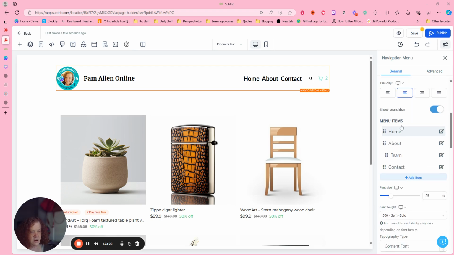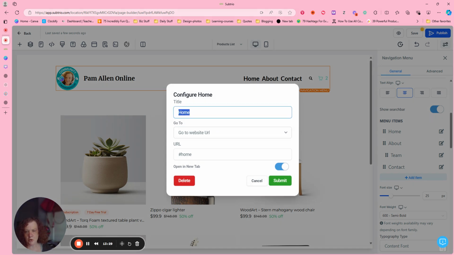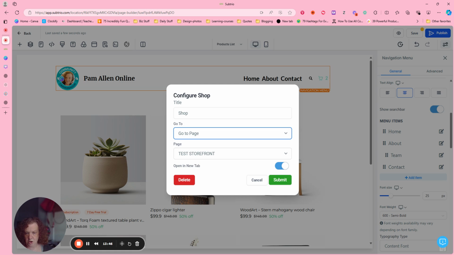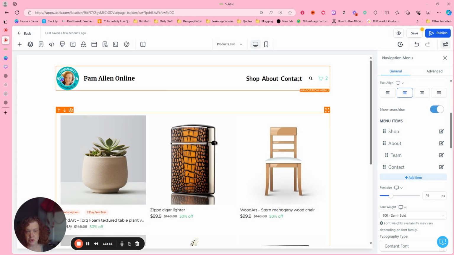Okay, so right here where it says menu items, I am going to click on this and instead of home, I'm going to put shop. Okay, and then we can go to website URL, but right here we can just go to the page and we want the product list and open it up in the new tab. So you can put anything you want up here. Okay, this one I'm going to